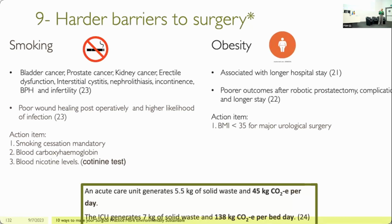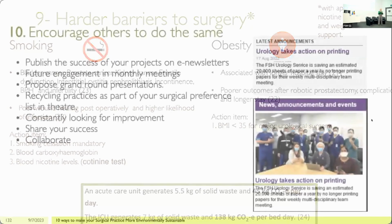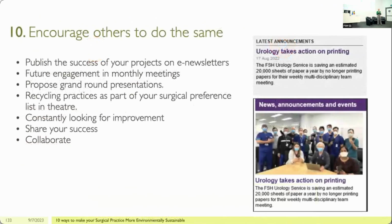If they're in an acute bed, that makes 5.5 kilograms of solid waste a day, but 45 kilograms of CO2. And if they're quite unwell, then that's up to 138 kilograms of CO2 equivalents per day in the ICU. This does have a bit of an advocate. We do try to not marginalize people that are obese or smoke, and we definitely help and facilitate them reducing